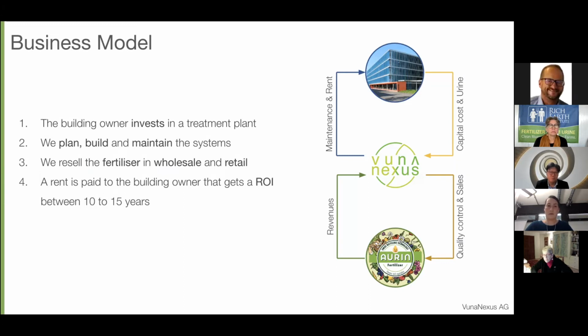So we plan, we build, and we operate and maintain the system, so the treatment process. We take care of everything, as well as the fertilizer logistics, because often clients tell us we don't want to be a fertilizer reseller. We are happy to do something for the environment, but we don't want to go further than that. And so that's the model that we found makes the clients happy, and that is for us making the most sense. It allows for us,